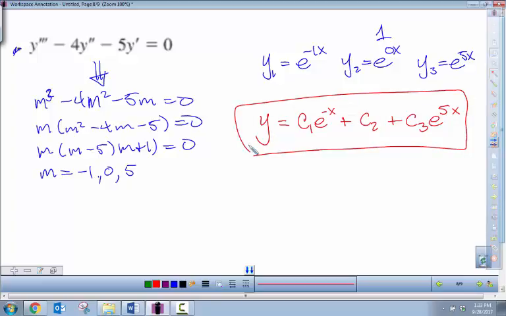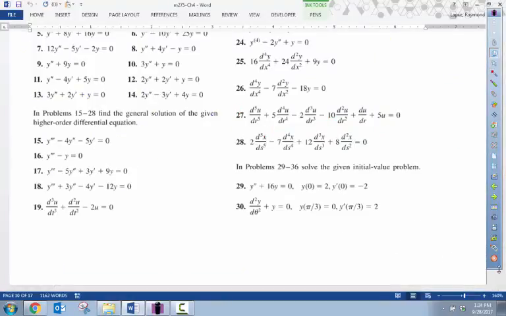It's a third order differential equation, so we would have a 3-parameter family of functions, and each of those constants would be multiplied by each of the functions that we would have found in our fundamental solution set. So again, pretty straightforward, right? So I think that's all there is, unless we, I guess we should try to do